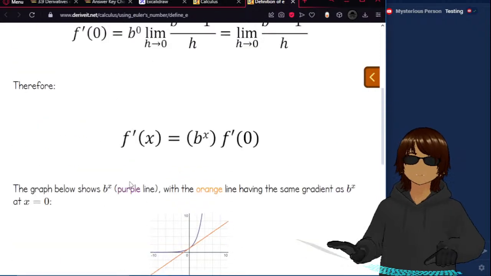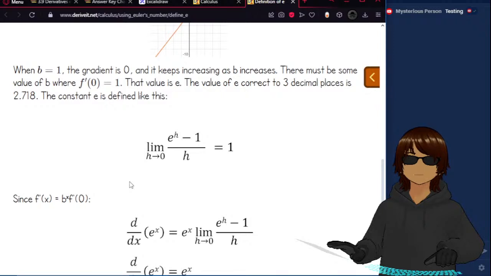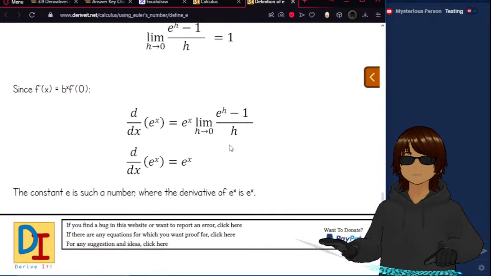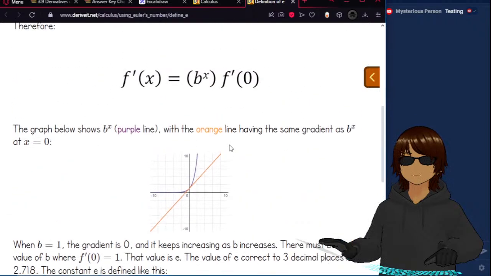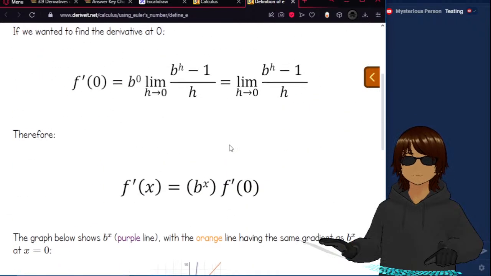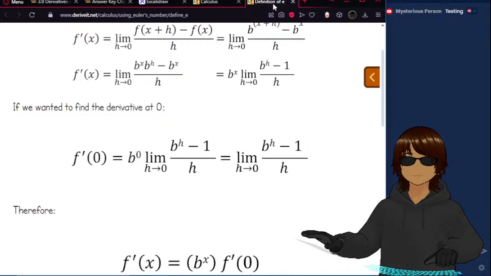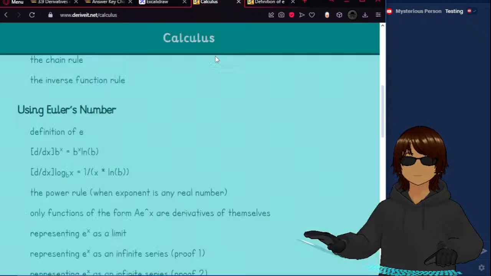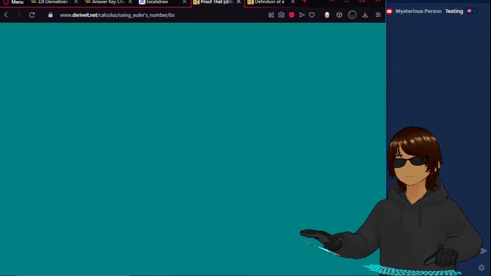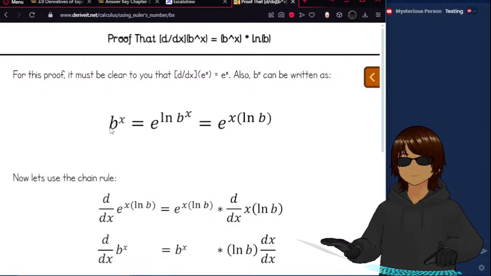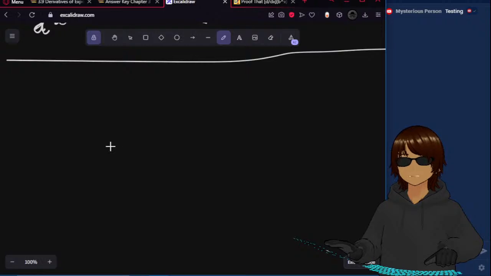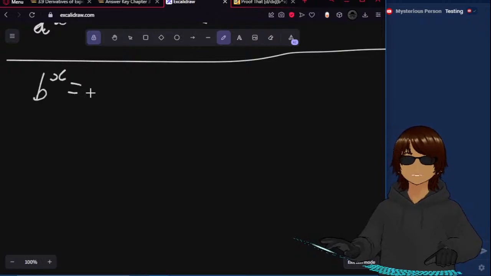Oh, I see. So E is a number such that this would be equal to 1. And then this. Yeah. b to the power of x